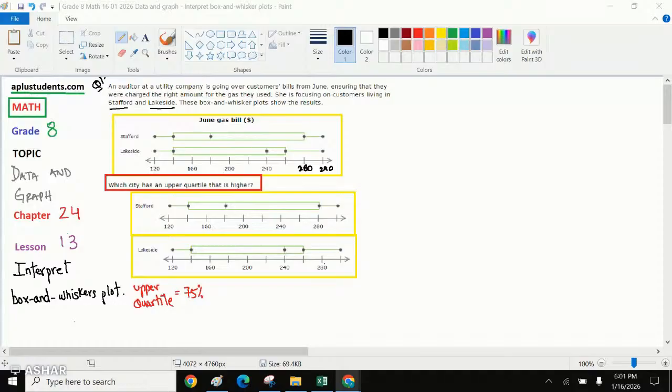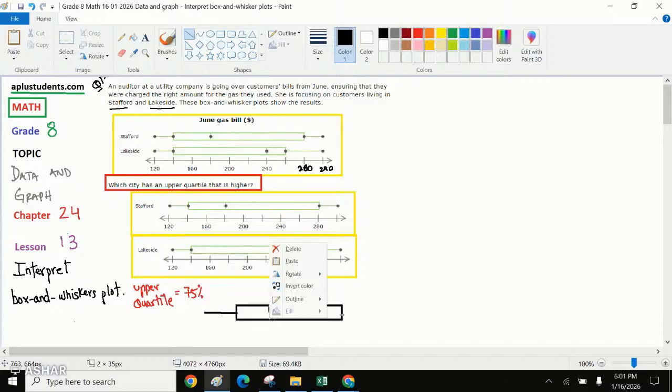On a box and whiskers diagram, it would always be represented in this manner. I'll just draw it like this. Then we will have a line over here, a line over here, and we can have a line